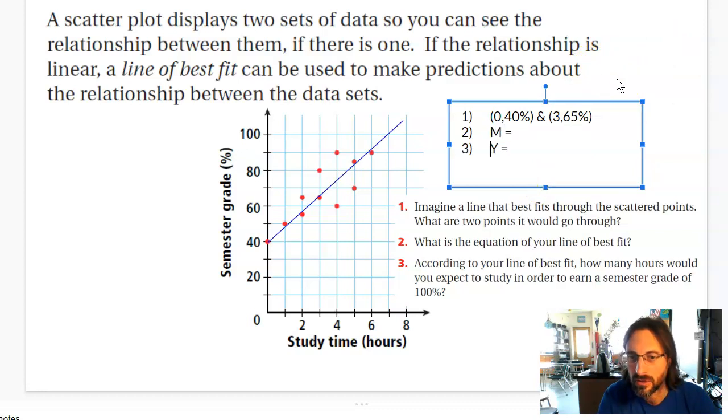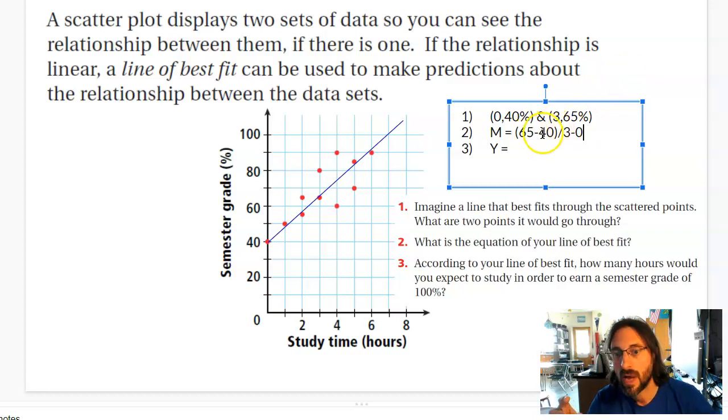M equals, and I'm going to do vertical. So let's do 65 minus 40 divided by 3 minus 0, because that's my slope formula: y2 minus y1 over x2 minus x1. Those are really easy numbers to work with. 65 minus 40 is 25. 3 minus 0 is 3. So 25 divided by 3. What's exactly 25 over 3? It's like 8.33. So there's my slope, 8.33